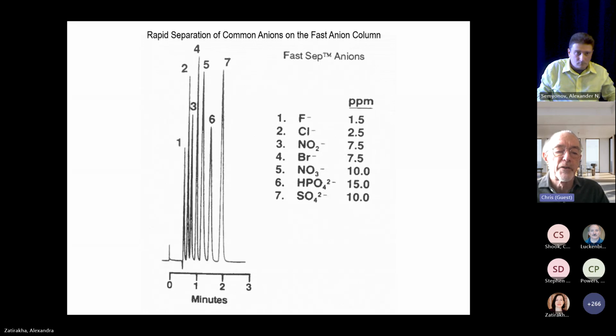If you want to know why you can't still buy this column, I think it's mainly because, to get that kind of resolution, you have to have really very low dead volume in your system. And a lot of customers at the time when we introduced it had too much dead volume to see that kind of a separation when they put it on their system. So it turned out it wasn't very popular, even though